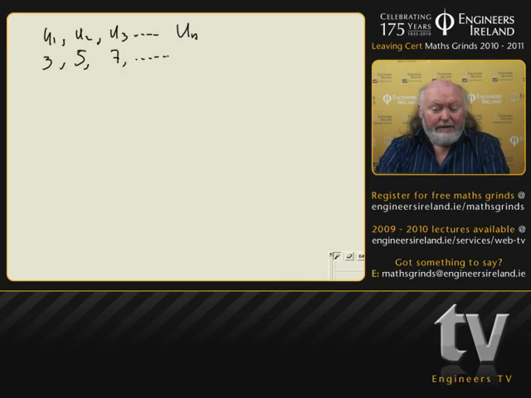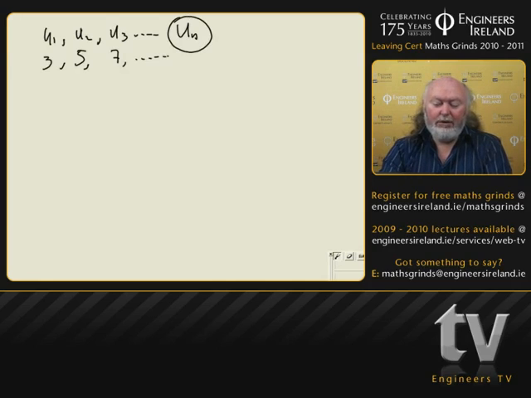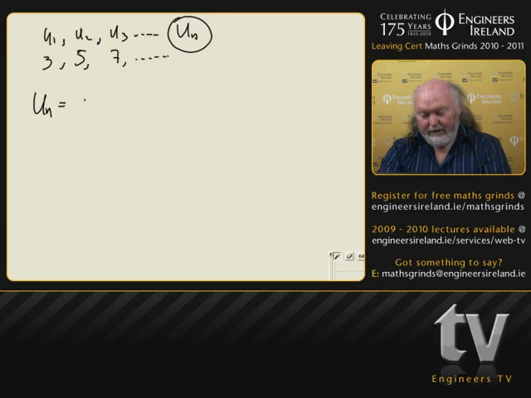But in many cases the relationship between one of these and the next one to it isn't as obvious. But let's look at this. We're saying the general term here is Un. Now we could have been given a situation, and this is straight from the book, where Un is n squared minus n plus 3. What you will notice is,